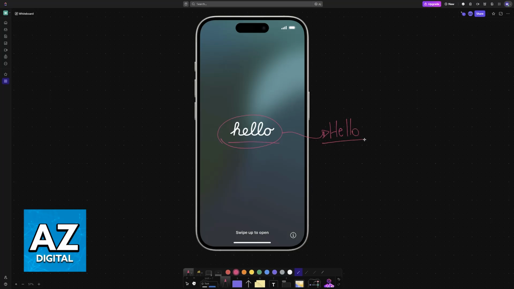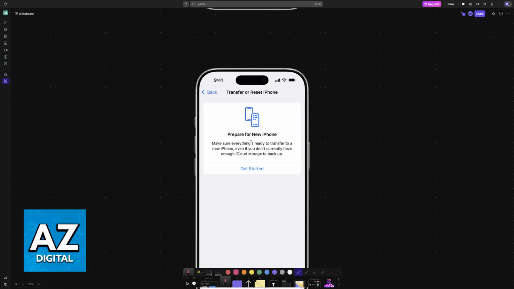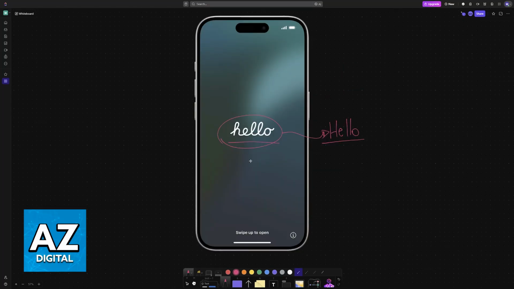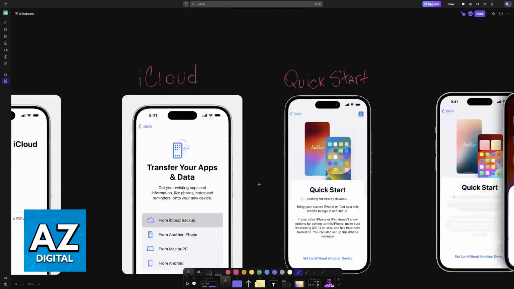If you have already gone through this screen previously, then you will have to erase the data on the new iPhone. So access the settings, scroll all the way down until you find Transfer or Reset iPhone, and choose the option to erase all content and settings. As the name suggests, this will erase everything on the new iPhone storage, but it will grant you access to the hello screen once more, which is important to properly transfer the data on your old iPhone.